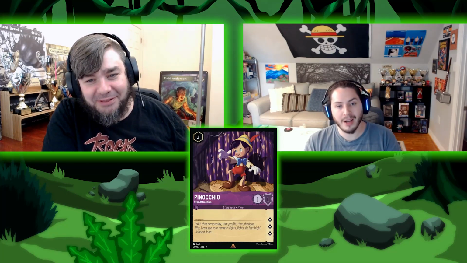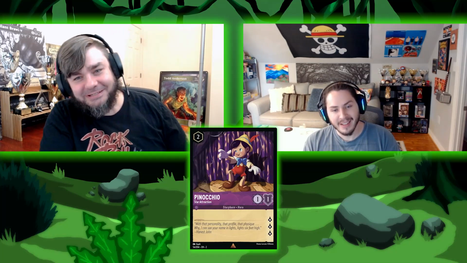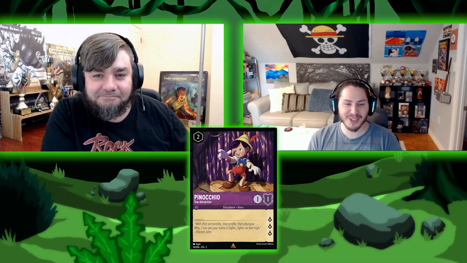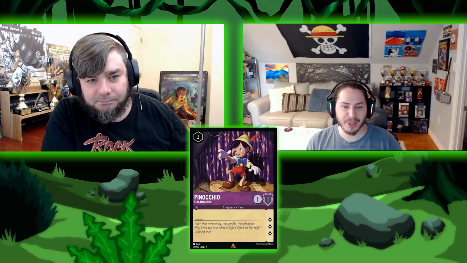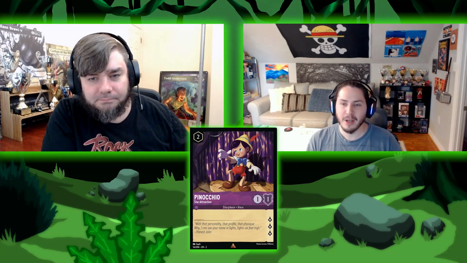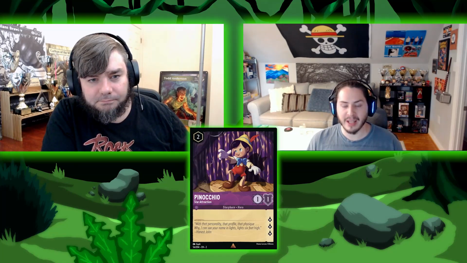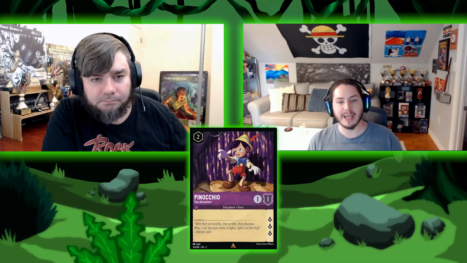So I would say that questing for 3 lore on a 2-drop is quite an ability, but it's not a keyworded ability. Yeah, keyword large, right? Yeah, so everybody at home pretty much knows that I'm not the biggest fan of Lilo Making a Wish, but this Pinocchio is such a threat that I think it completely shifts the dynamic and the paradigm of the games,